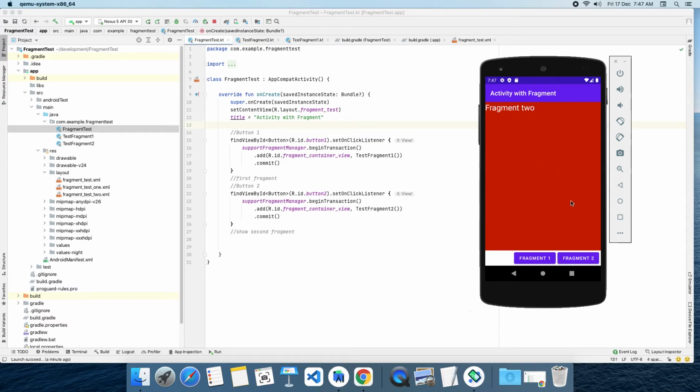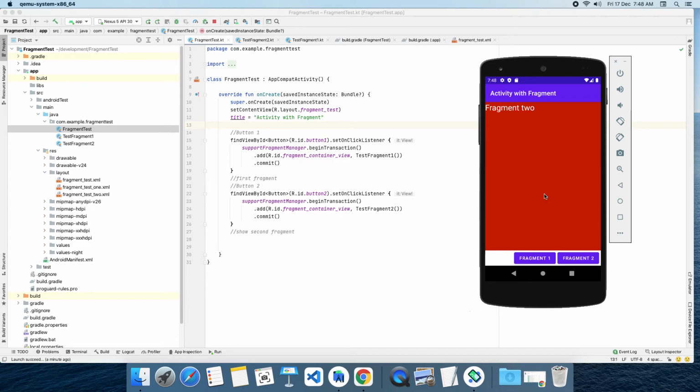So using this concept, with the combination of activity and fragment, what will happen? Inside a single activity we can place multiple fragments whenever we want, and you can create navigation between fragments, just like screen navigation. It's like a single page application. Single page in the sense that there is only one activity and multiple fragments, and with the combination of fragments and activity we can create a single page application. So there are no multiple activities, only one activity. Inside it we have multiple fragments, and the user can navigate between fragments.